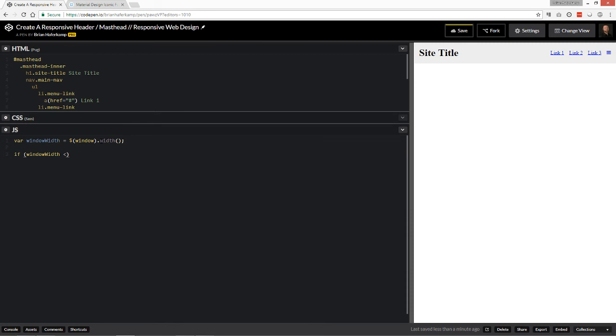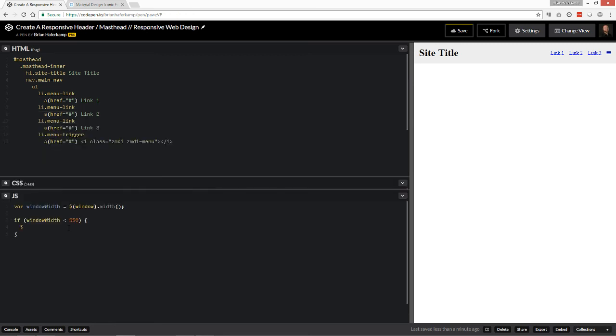So what we want to do is we want to hide the menu links, right? So we would say menu link, add class of hide, else